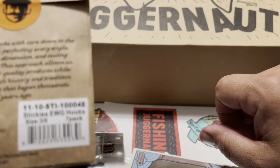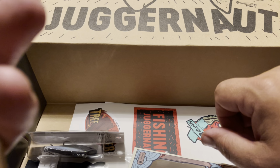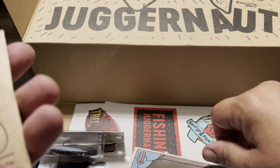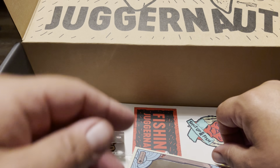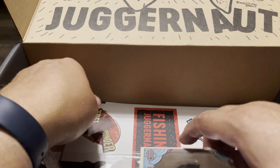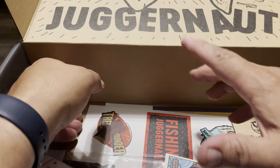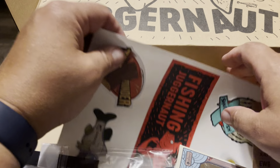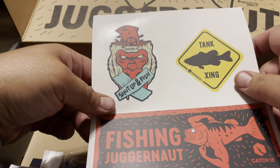What do you get in here? You get a 7-pack. Okay. So, I mean, at least it's not a half pack or a little small pack. I can do without the EWGs, but anyway. So, you're at basically 130, 135, somewhere in that ballpark, not at 140. So, I guess your other money comes from your stickers, which